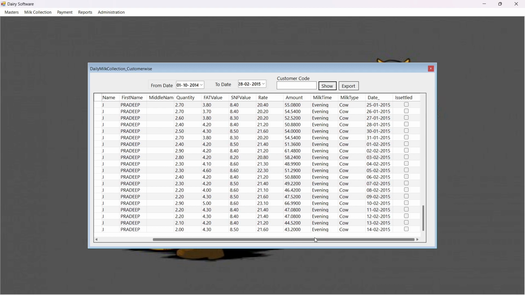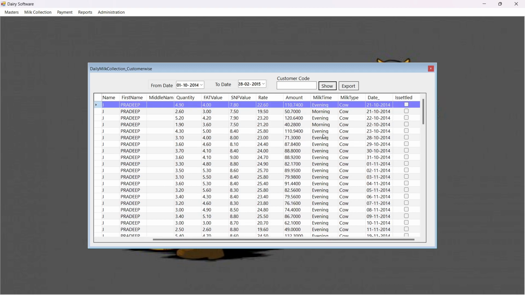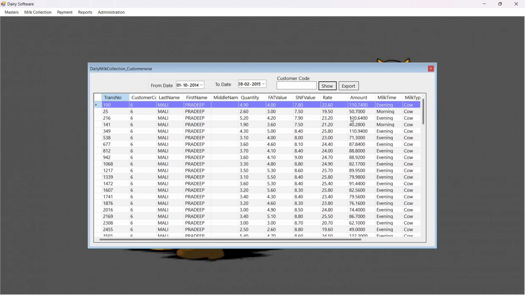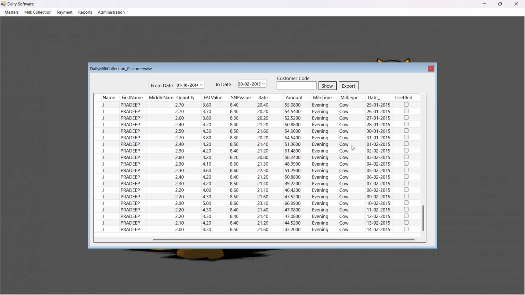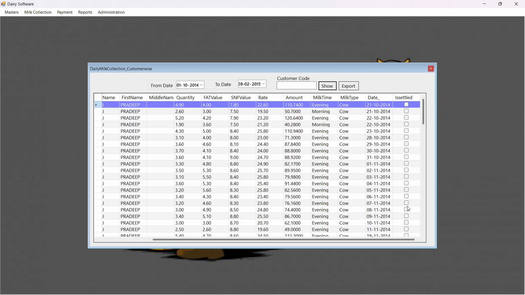Mali. So they give us the milk probably at morning time as well as evening time, but most of the time it is the evening time, and how much amount we collected and how much quantity we got from them. They are providing cow milk, buffalo milk, things like that. And settle means we can settle this transaction, correct? Once it is settled, then we can call it that we gave them the payment, and